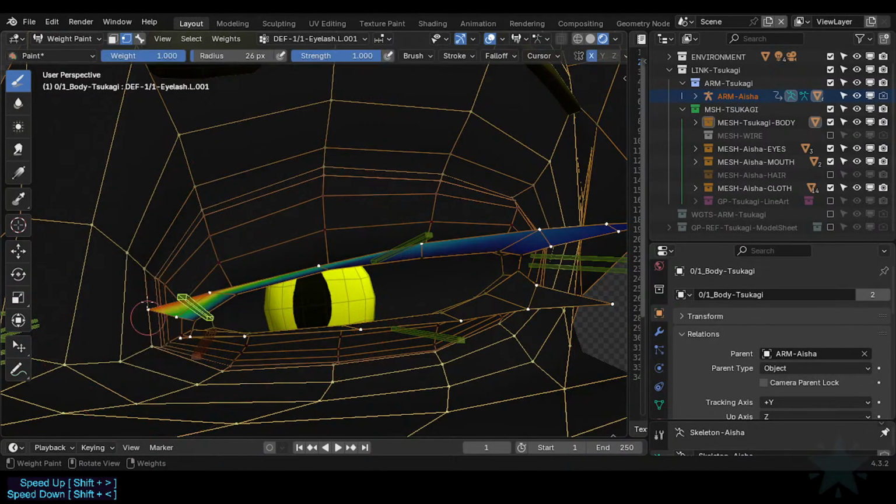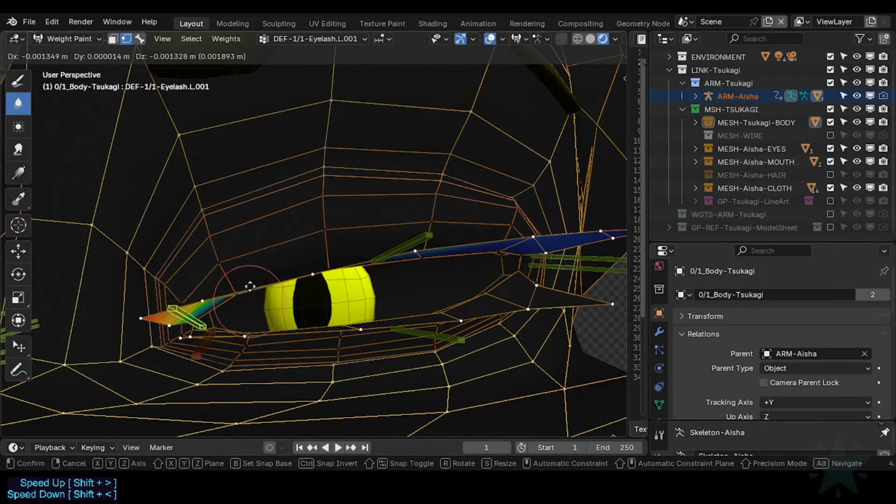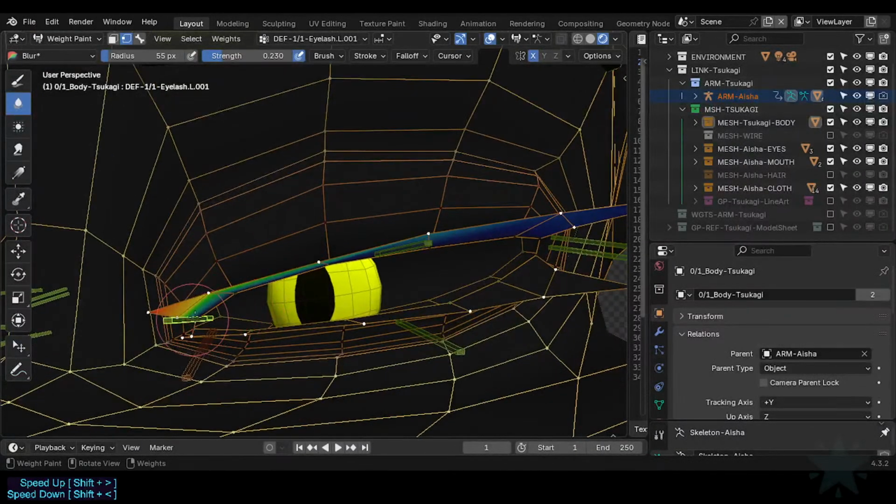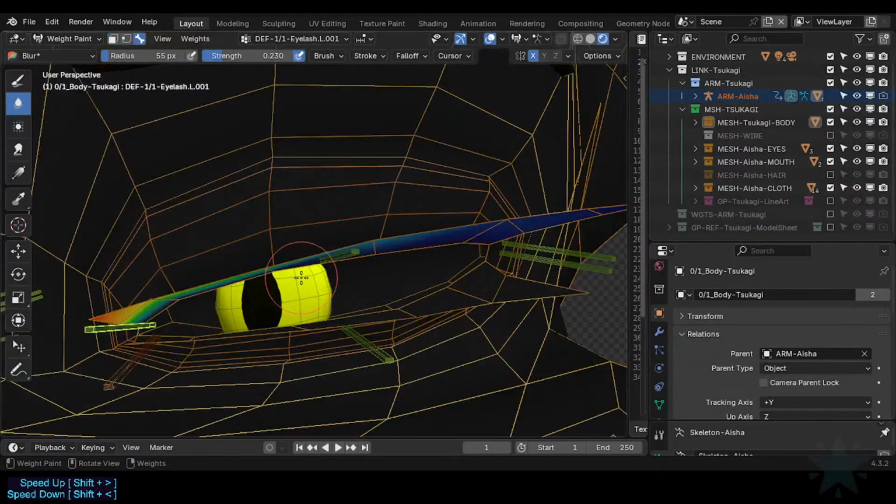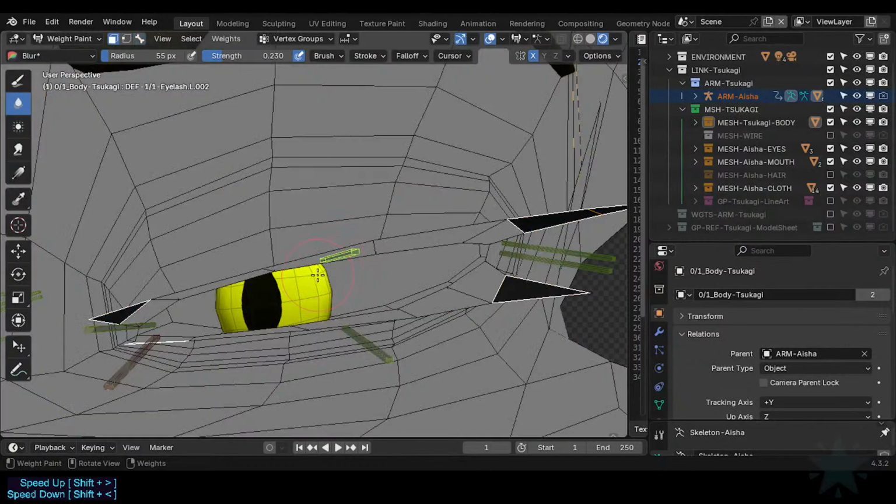So maybe here we got the maximum waves, and here we just blur these ones. So the blurring is too strong, so okay, this should work. This is very minimal, and of course here it's not really working yet because we need